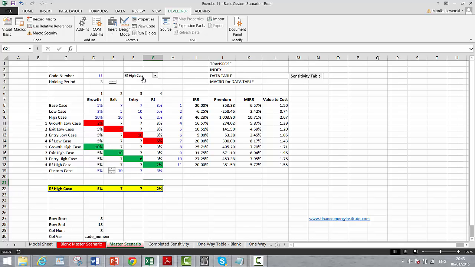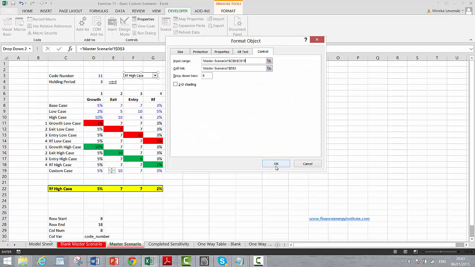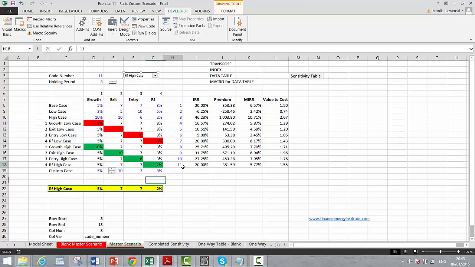Now, all you would have to do then is just make your format control, again, let's make it go to 19. Is that okay? And we just need to shade this down, and we could put all our different scenarios in it. In fact, we could even then copy this